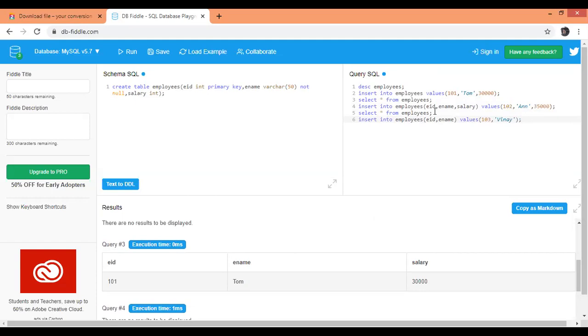In this case, I'm mentioning the columns EID and ename and values 103 and Vinay, but I'm not mentioning the salary. So let's check what happens and run the query.